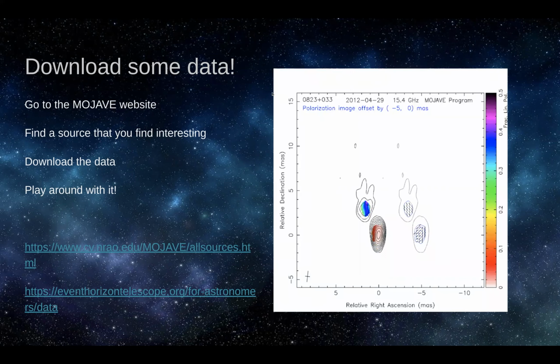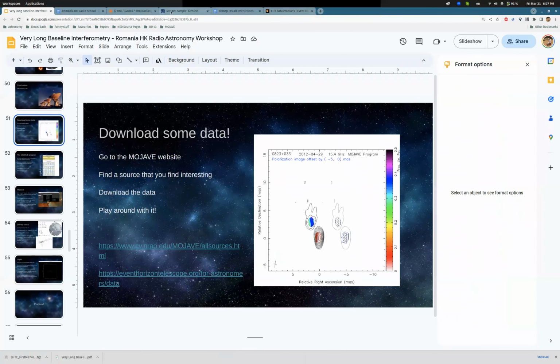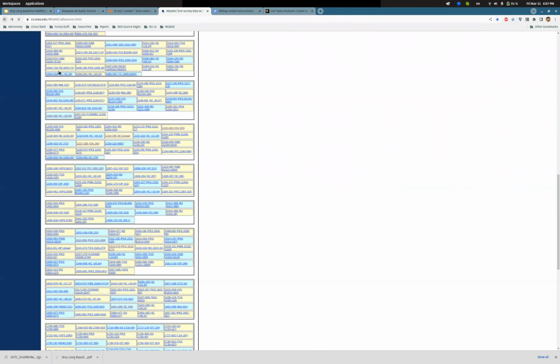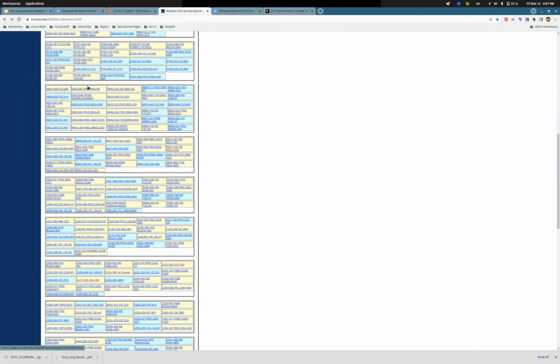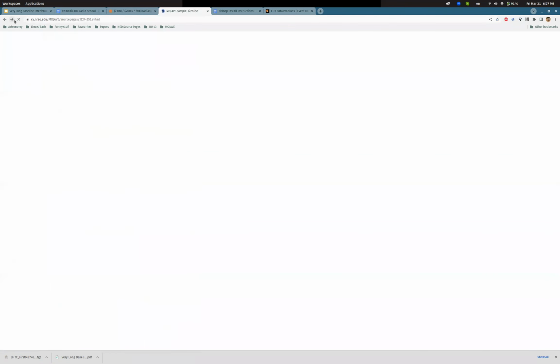So, let's dive into it. You might remember last week, the link I have there, we have this page, which is the Mojave page. For now, the easiest option, unless you have run ahead a little bit, is just to follow what I'm doing. So the source